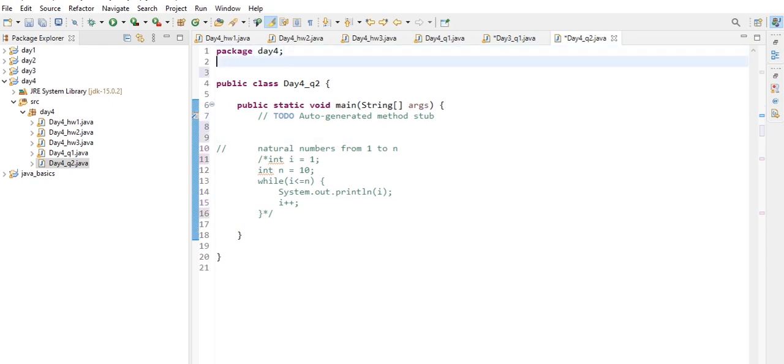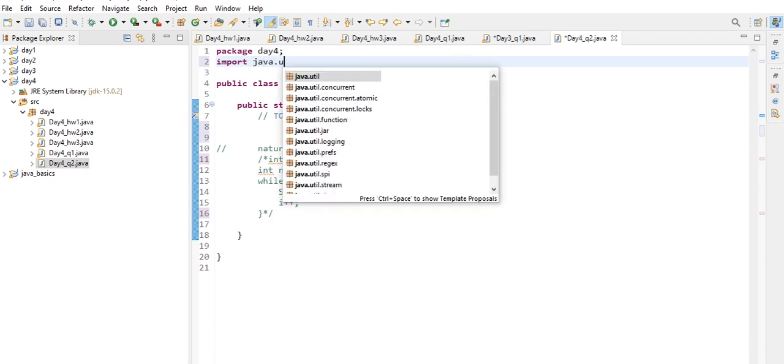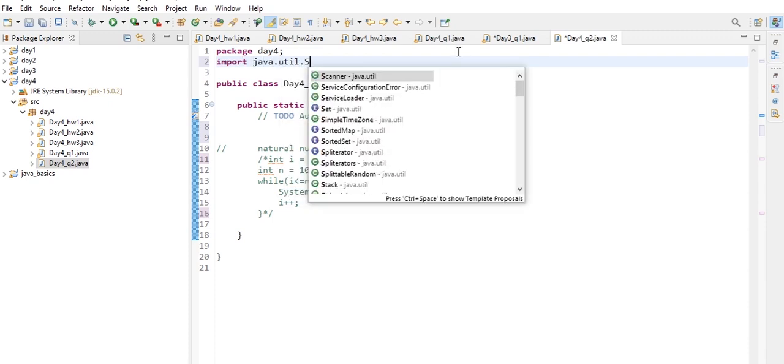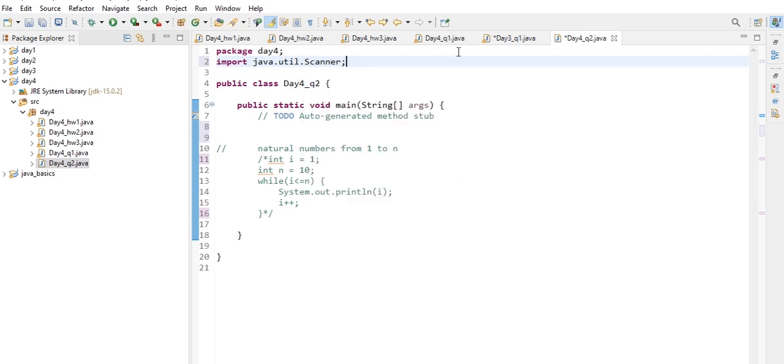First we have to import the Scanner class, which is available in the util package. Import java.util.Scanner, and make sure that the first letter of Scanner is a capital S. Now let's create an object of the Scanner class, that is Scanner input is the name of the object, and here new is a keyword.